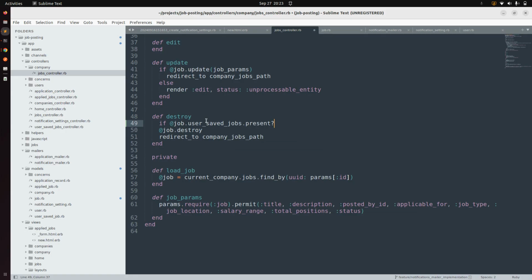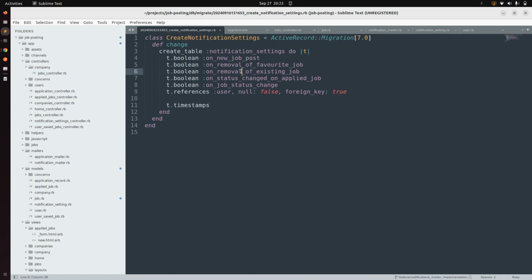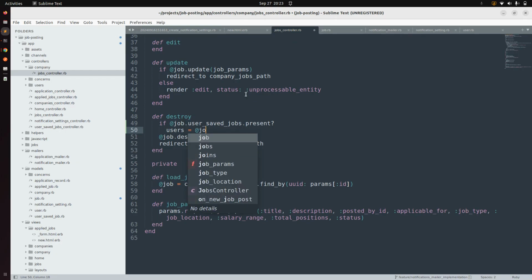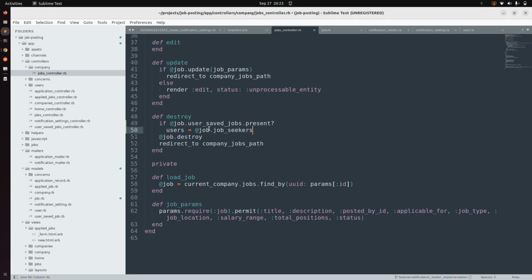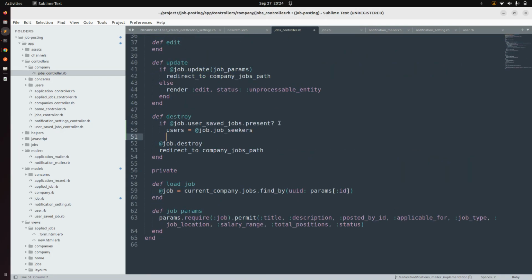After this if, we need to find the users who have notification setting present in the database, and the user must have opted for the notification on removal of favorite job. So here we check users equal to @job.job_seekers. Why are we getting job.job_seekers? Because we updated the association in the job model, which is has many job seekers. So @job.job_seekers.joins,